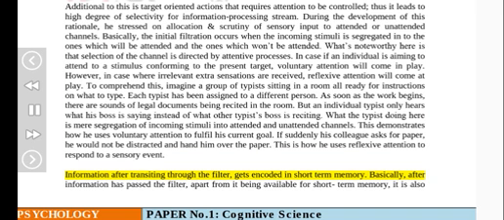Information after transiting through the filter gets encoded in short-term memory. Basically, after information has passed the filter, apart from it being available for short-term memory, it is also